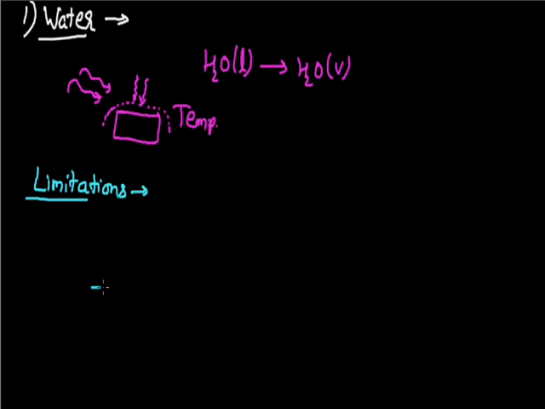If I talk about this condition, this is the oil which is in the burning condition. As we spray water on this, the water, being heavier than oil, will settle down at the bottom. As it settles down at the bottom, it is not in contact with the burning oil, so it will not absorb heat from this oil. So this oil will keep on burning at the upper layer of this water. So the very first limitation is that it is not used to put off the fire caused by oil.